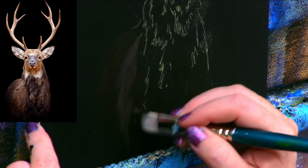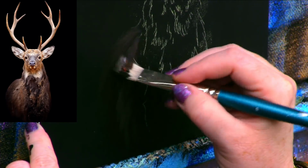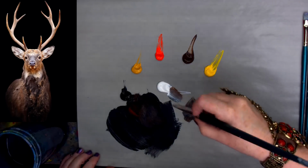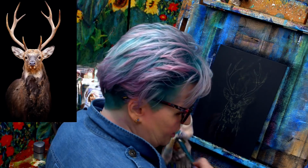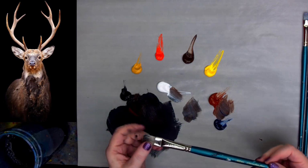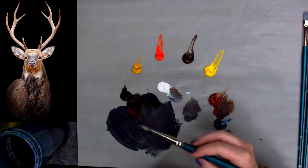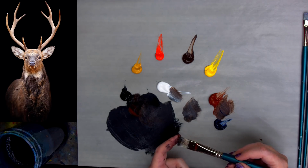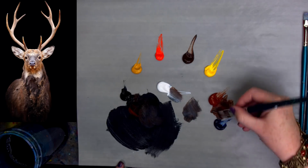You may find that dry brushing is more challenging for you, and the reason is you might not be aware of how I'm loading my brush. Let me rinse out. I'm going to tell you a couple of dry brush tips. One, keep the water out of the brush because that helps the dry brush. Two, rinse out pretty often because your paint will dry into the bristles. And three, make sure that when you're loading, say I'm coming here and I go into the brown,